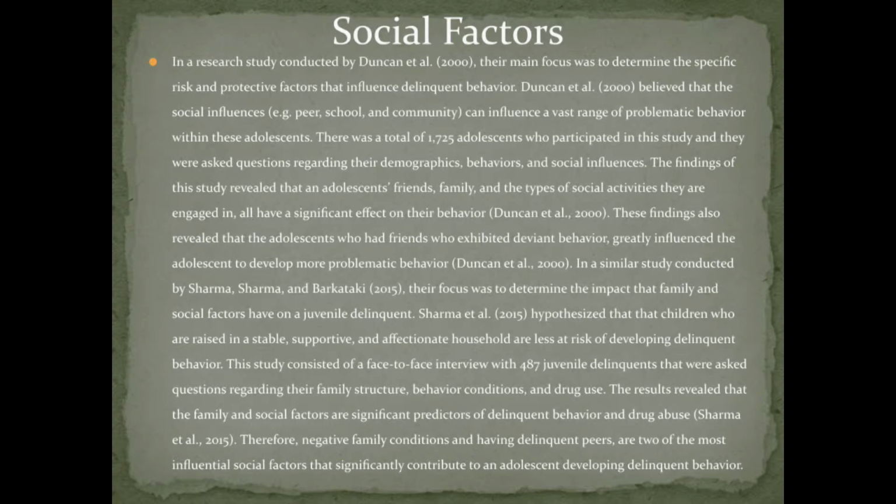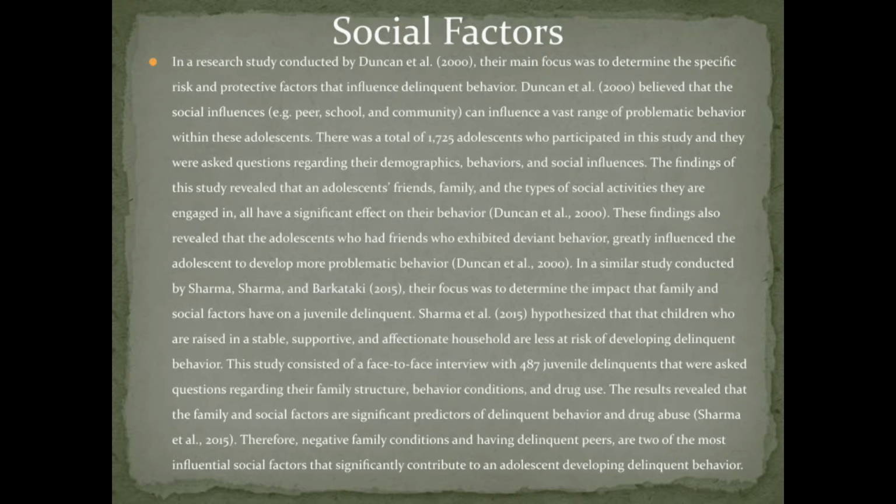Duncan et al. believed that the social influences, for example, peer, school, and community, can influence a vast range of problematic behavior within these adolescents. There was a total of 1,725 adolescents who participated in this study, and they were asked questions regarding their demographics, behaviors, and social influences. The findings of the study revealed that an adolescent's friends, family, and the types of social activities they are engaged in all have a significant effect on their behavior. These findings also revealed that the adolescents who had friends who exhibited deviant behavior greatly influenced the adolescents to develop